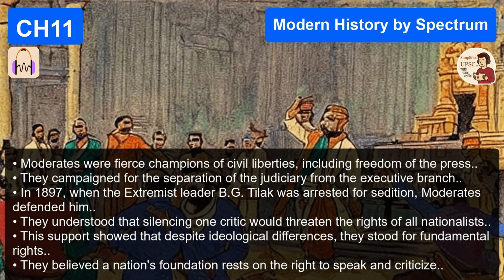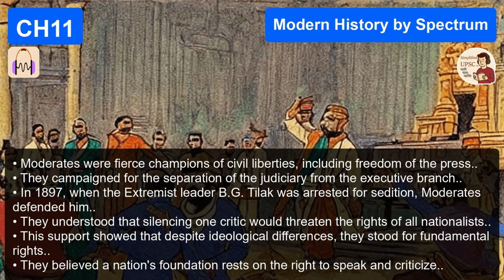Surendranath Banerjee and Ananda Mohan Bose. The examiners love to set traps here. Do not get confused with the East India Association, that is Dadabhai Naoroji in London, and do not get confused with the Indian League, that is Sir Kumar Ghosh. The Indian Association is the big one because of its all-India outlook. Exactly. It was the dress rehearsal for the Congress.